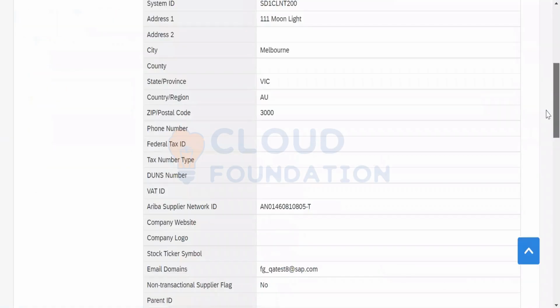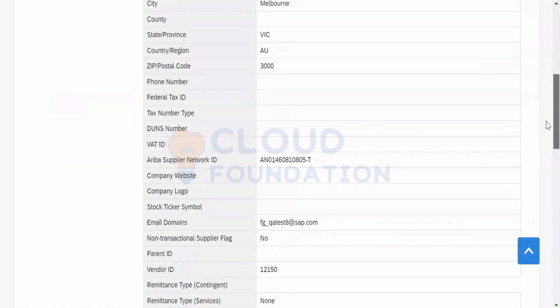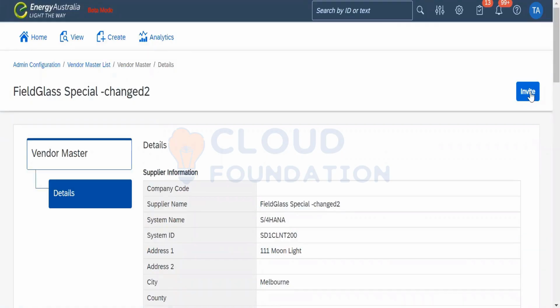When we click on the invitation, the supplier registers at their end and the registration is done. They'll become the supplier, and the same vendor will be seen under the supplier invitation.